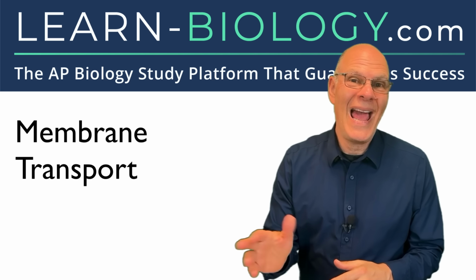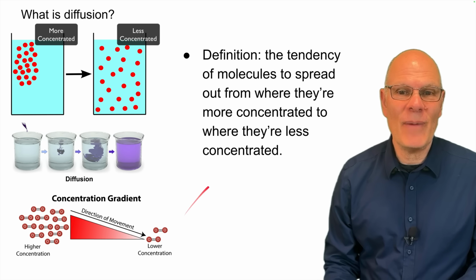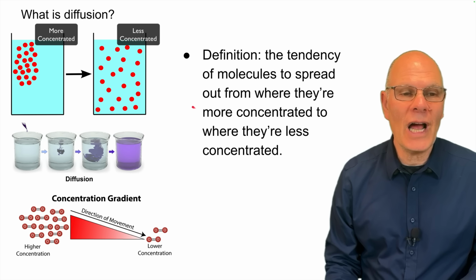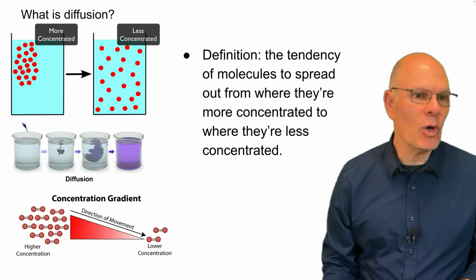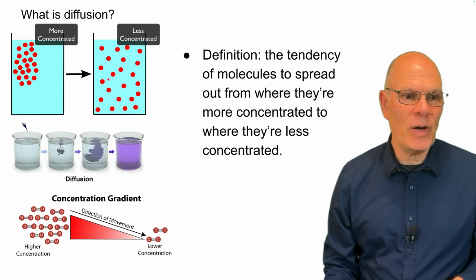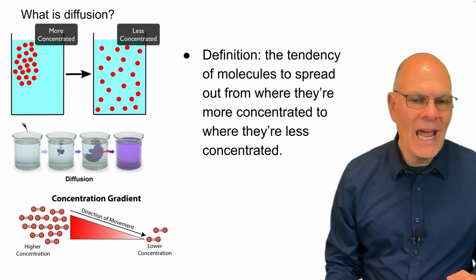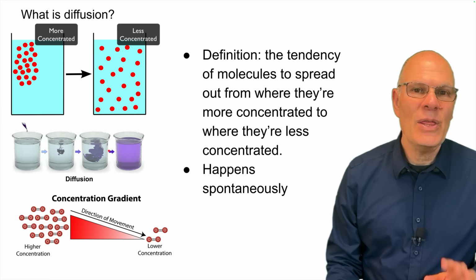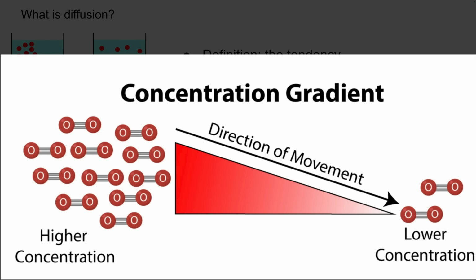Membrane transport, how things get across the cell membrane. Diffusion is the tendency of molecules to spread out from where they're more concentrated to where they're less concentrated. So here you have some substance, more concentrated over here, less concentrated over here. Here's ink going into a beaker, more concentrated, and then less concentrated. This happens spontaneously. It's based on the kinetic energy of the molecules. And a good way to envision this is to think of molecules as flowing down a concentration gradient from higher